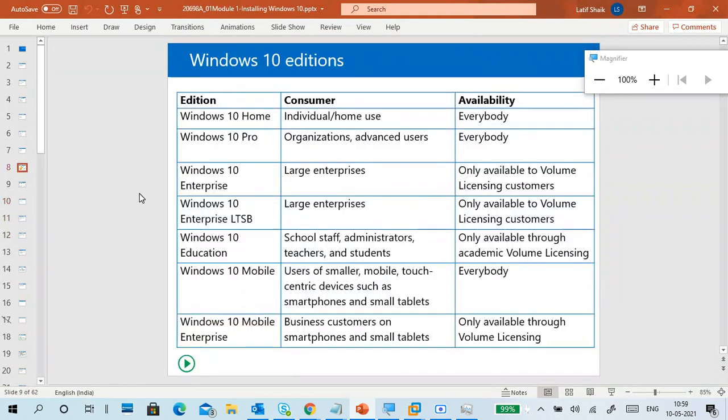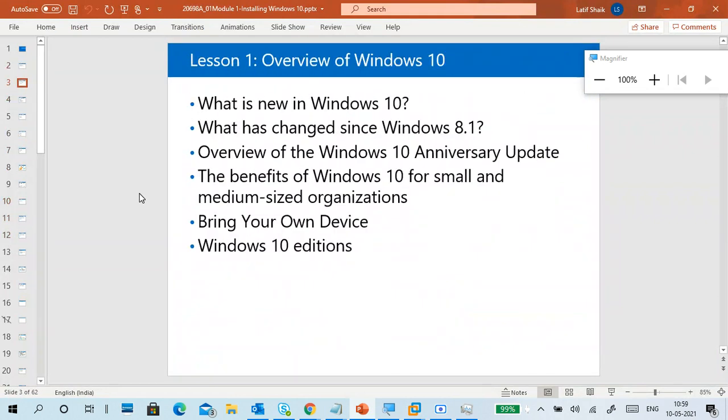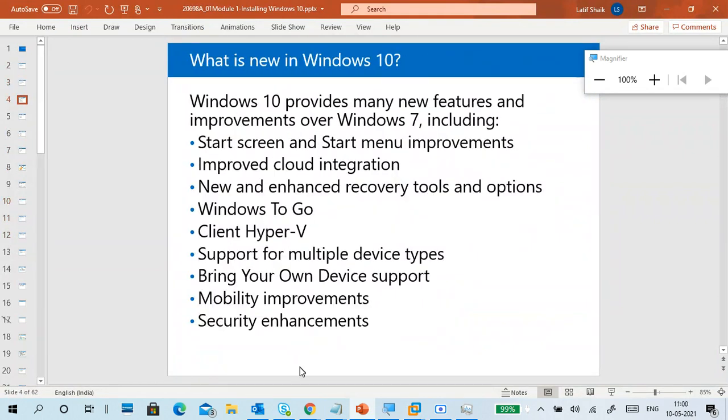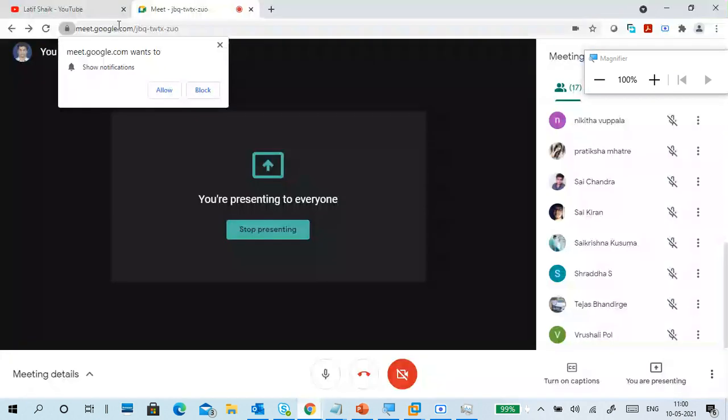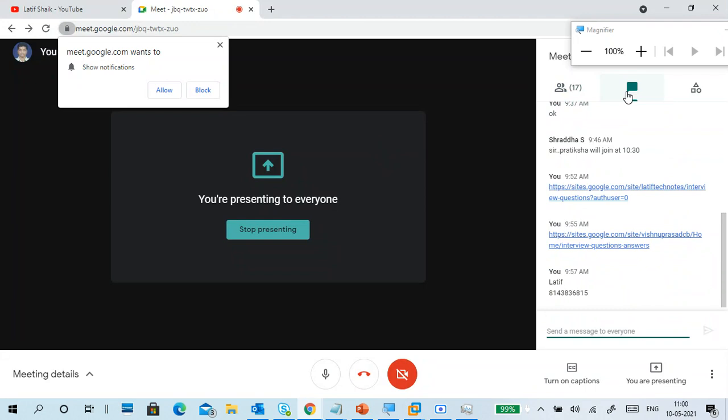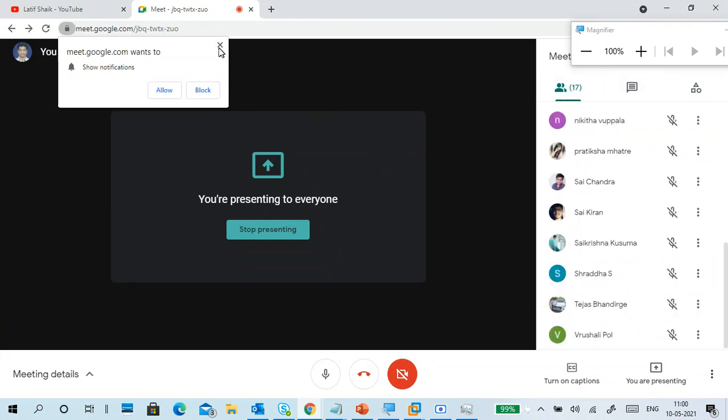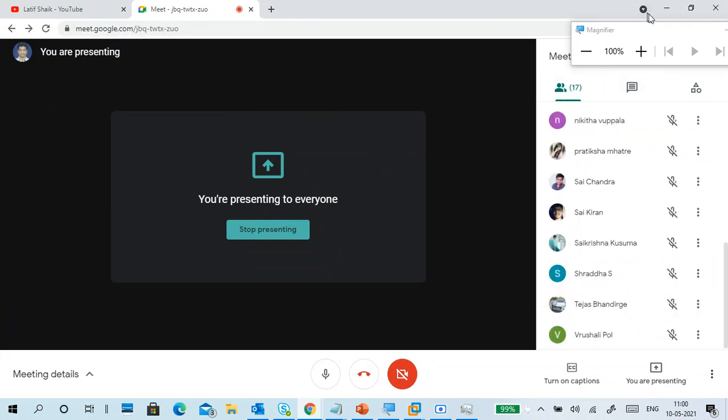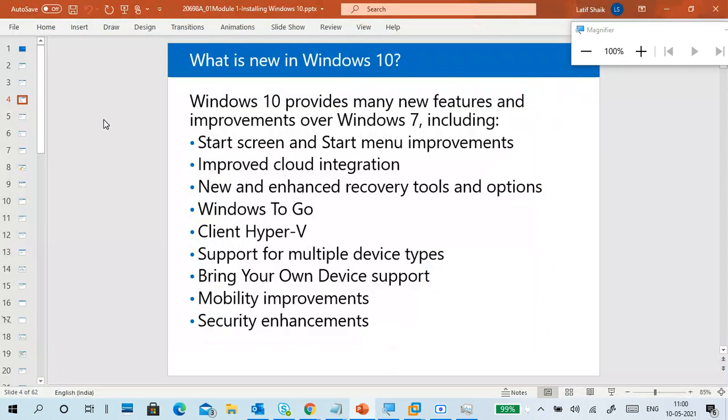Meanwhile, we'll go with Windows 10 features. Does anybody have any questions about installation or settings? Please ask me.